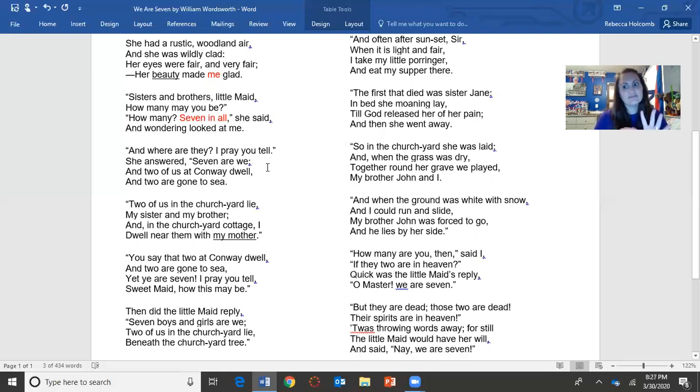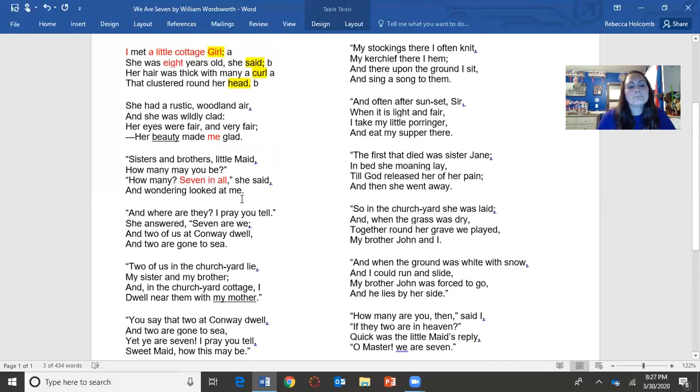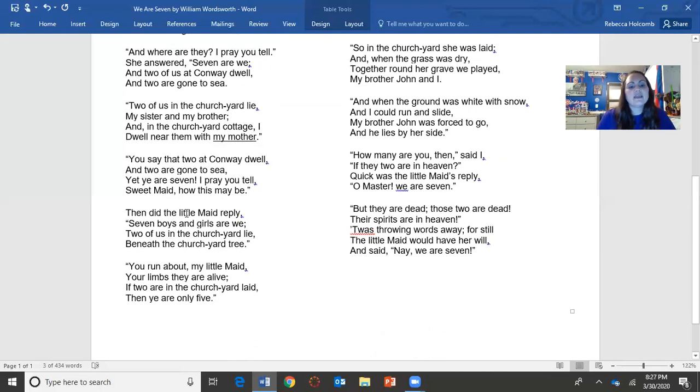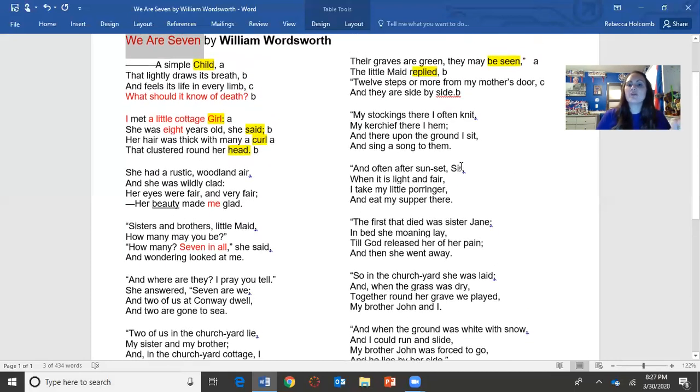That's a big family. I have four sisters. There's 5 girls. Big family, right? So 7 boys and girls are we. So she is talking to him about how they have passed away, and she's talking about their graves, and she has some imagery here, and the imagery is also